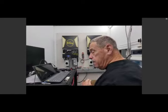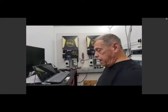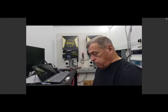Okay, it's gotten really crowded in here. I added another cabinet here for my